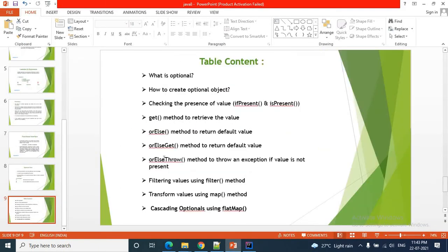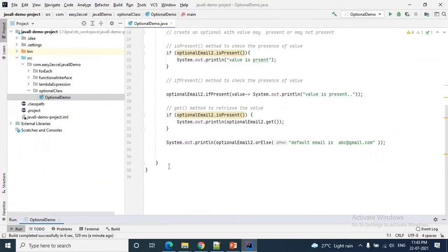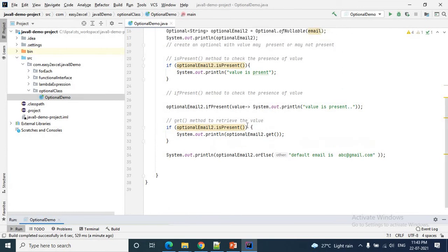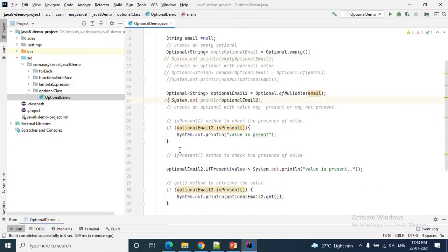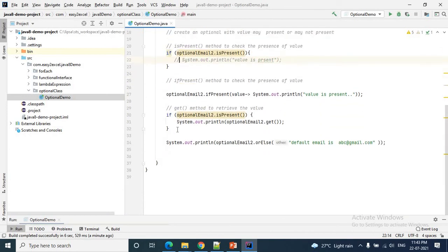Now we'll check the next one, orElseGet. It is also used to return the default value, but in a different way. Let me just comment out all the code before it. Okay, now we'll check orElseGet. So what happens in orElseGet?